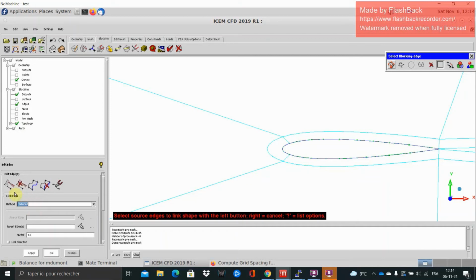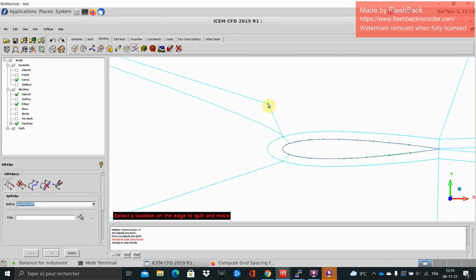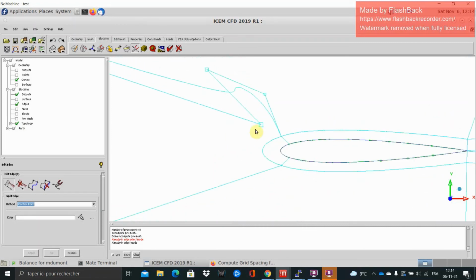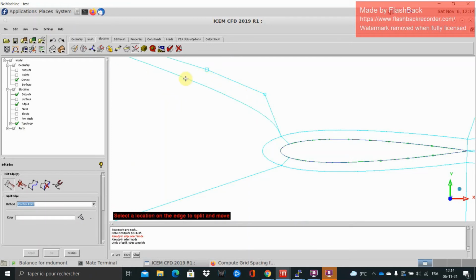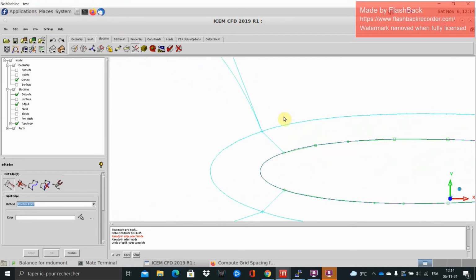So to do that you will edit your edges and you will use control point. So for that, see that you can modify the form of your edges as something which will help